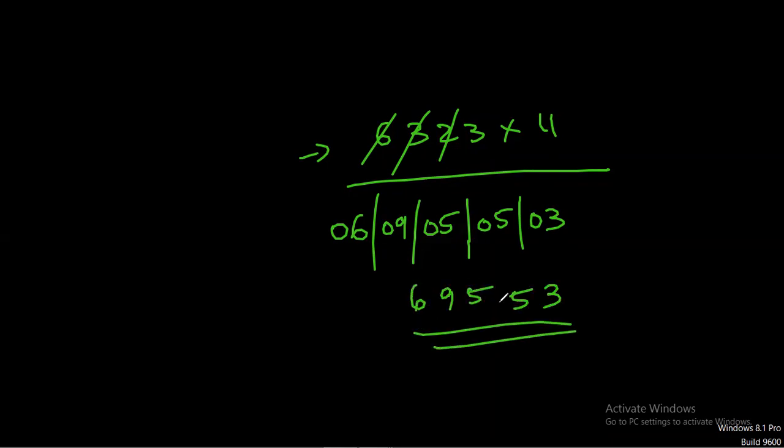But wait, how do you get 6? Oh, you add 6 plus 3? Oh, yes. First I have written the first digit as it is, then added 2 digits at a time. Okay, yeah, that makes sense. Then the last digit as it is. It's pretty easy.